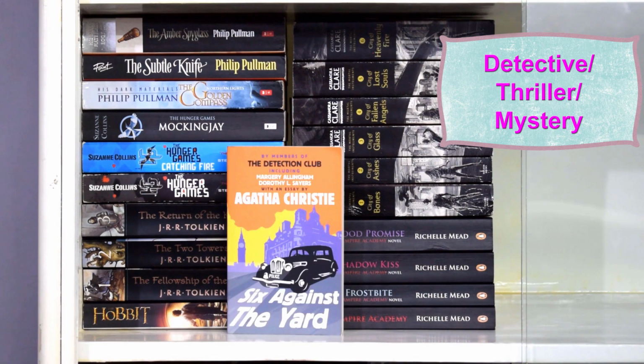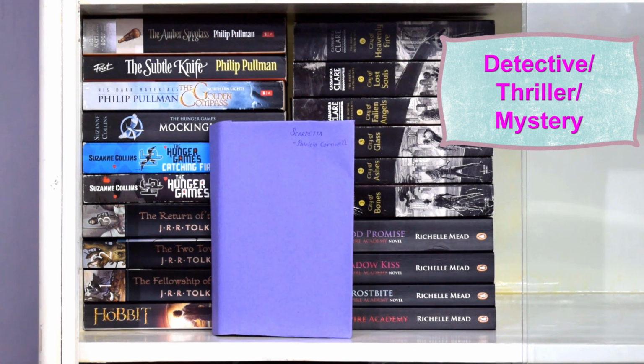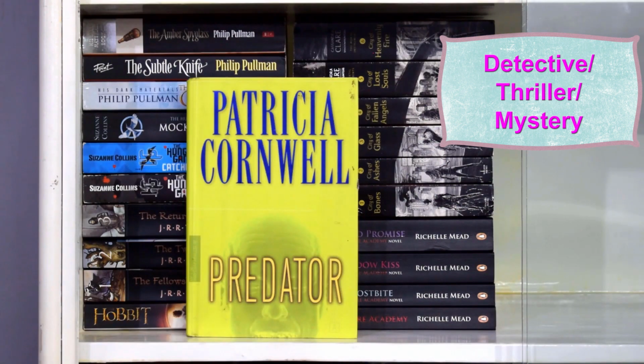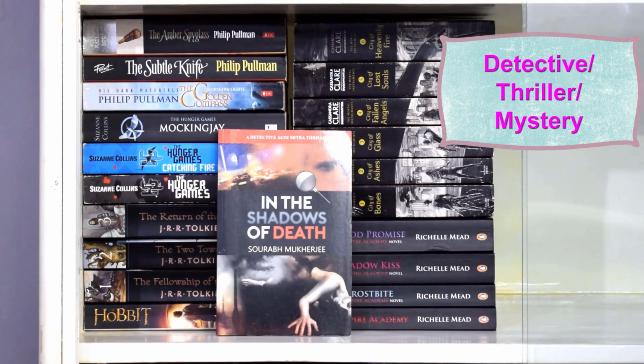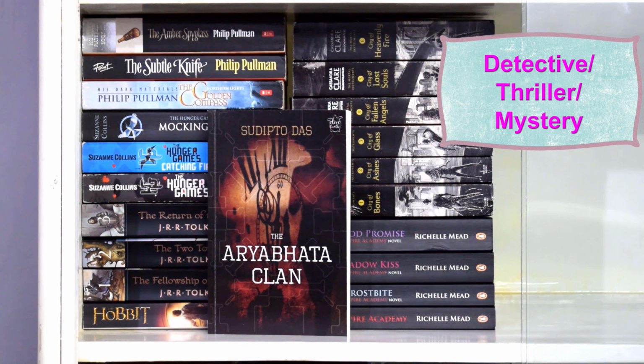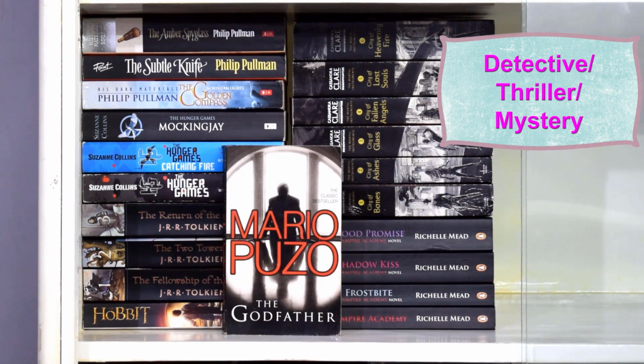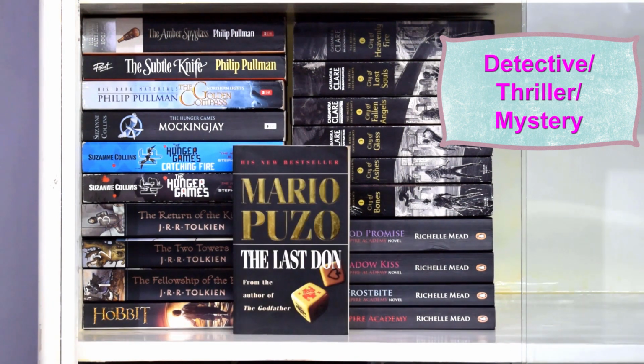Six Against the Yard by members of the Detection Club including Margery Allingham and Dorothy L. Sayers, The Curious Incident of the Dog in the Night-Time by Mark Haddon, Scarpetta by Patricia Cornwell, Predator by Patricia Cornwell, In the Shadows of Death by Saurabh Mukherjee, Murder in a Minute by Shobhik Bhattacharya, The Aryabhatta Clan by Sudipto Das, Harappa: Curse of the Blood River by Vineet Bajpai, The Godfather, The Sicilian, and The Last Don by